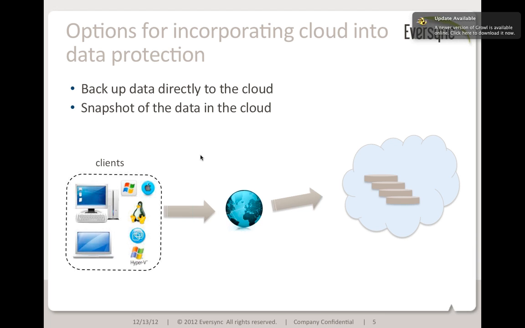In this scenario, a customer would put some backup software on every one of the servers that they're planning to back up, which here I'm calling clients. And each of those servers would go directly over the internet to the cloud and push that server's data into the cloud. And there's 2 variations of this. One is to have that software that runs on every server back the data up. And another option is to have that software basically create a snapshot of that server's data in the cloud. It's a very simple strategy, and this is exactly what you would deploy if you're doing backup at home, for example.